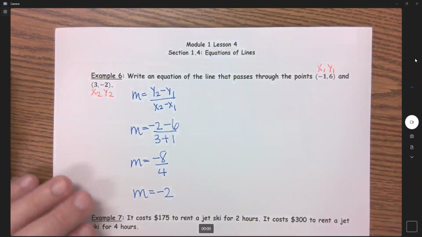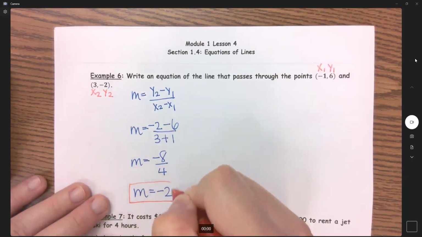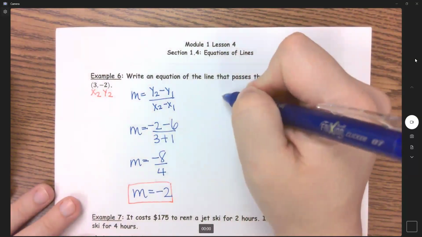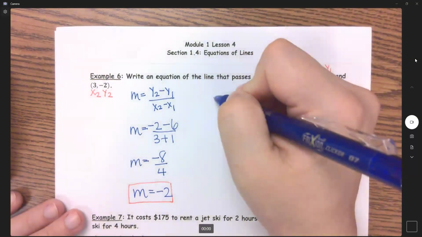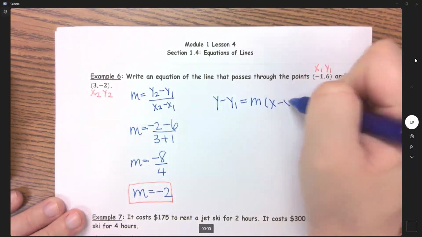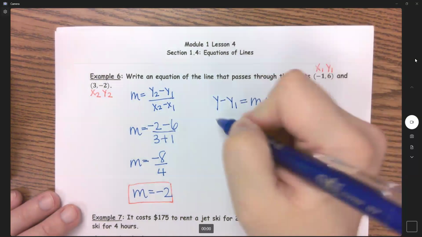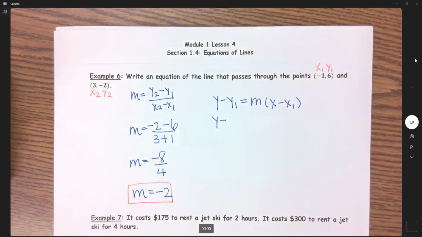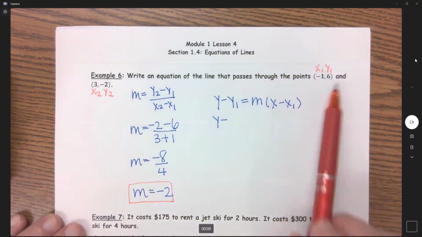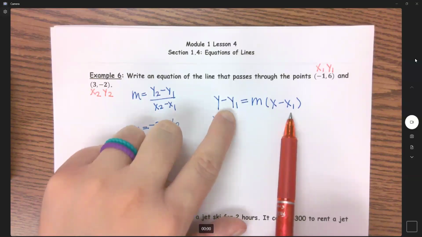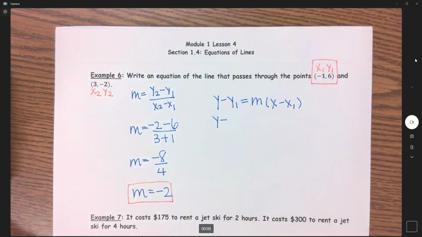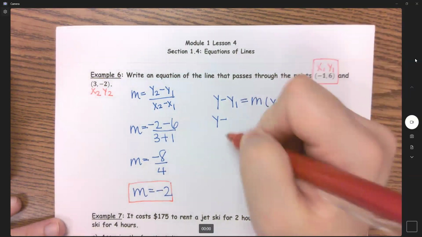So now I have my slope of -2, and I have not 1 point, but 2 points. So now we're going to be using point slope form because I have a slope and a point. So my point slope is y minus y1 equals m times x minus x1. So we have y minus, now you can use either of these points. If you use this point, you're going to get the same answer. If you use this point, you're going to get the same answer. Because it asks for y1 and x1, I'm just going to go ahead and use the point that's already labeled x1, y1. So my y1 is 6